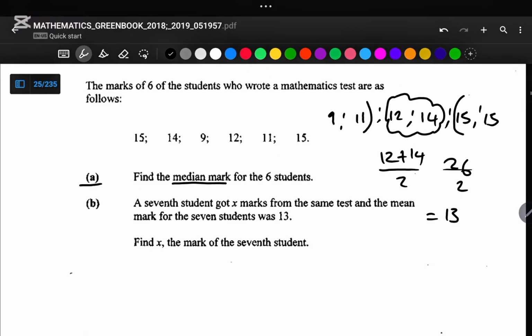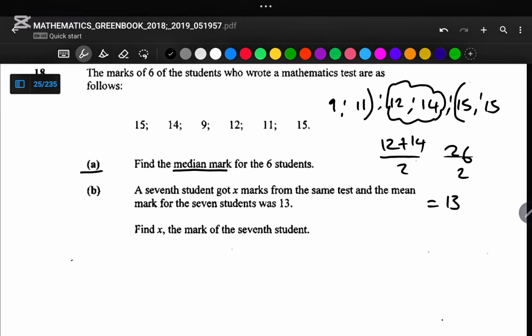And then we are also told that a 7th student got x marks from the same test, and the mean for the 7 students was 13. So we are required to find the mark of the 7th student. Given that mean or average is equal to the total marks over the number of students, the total marks